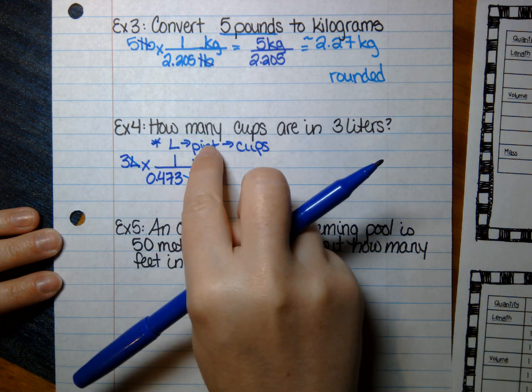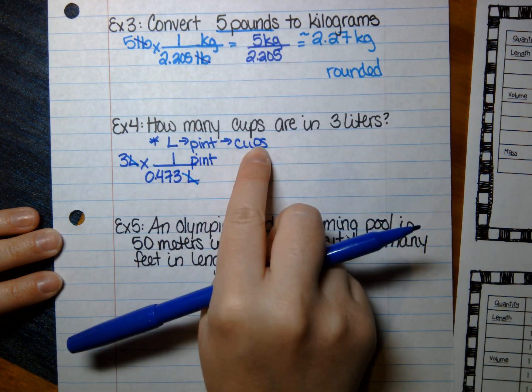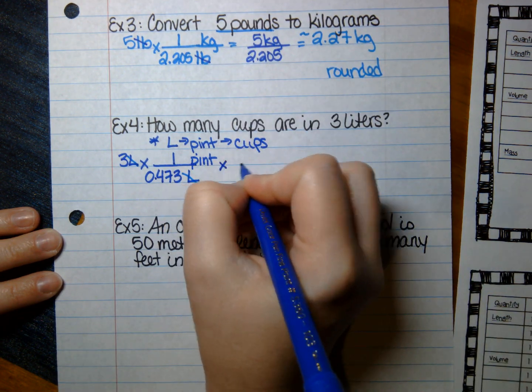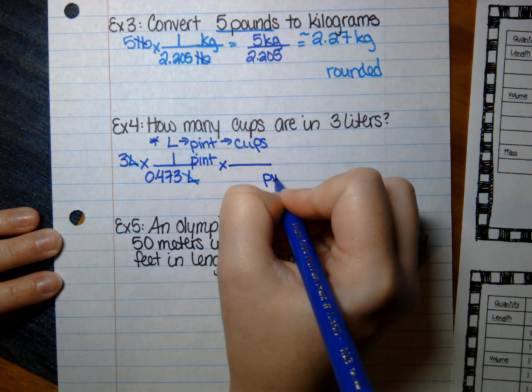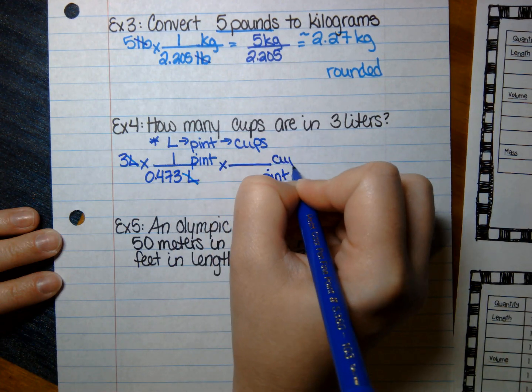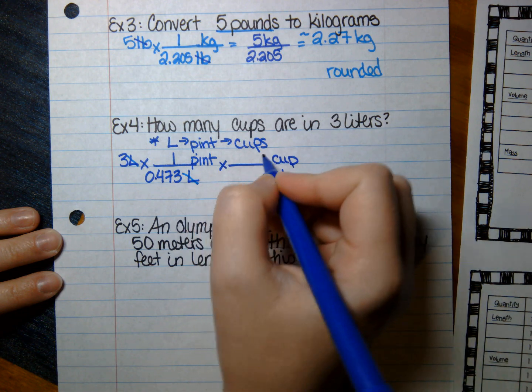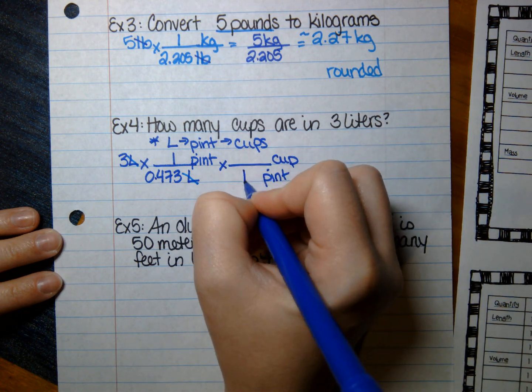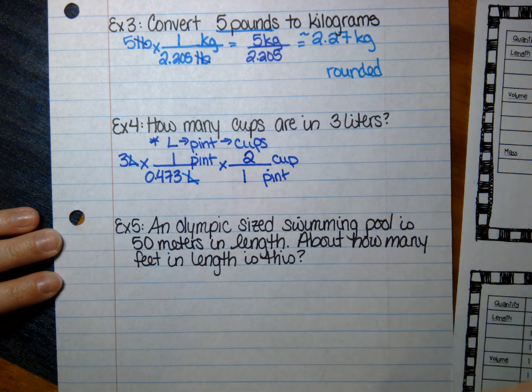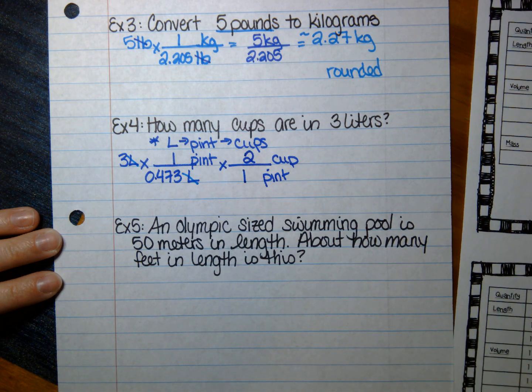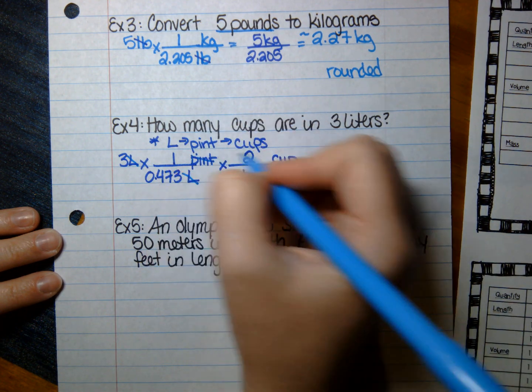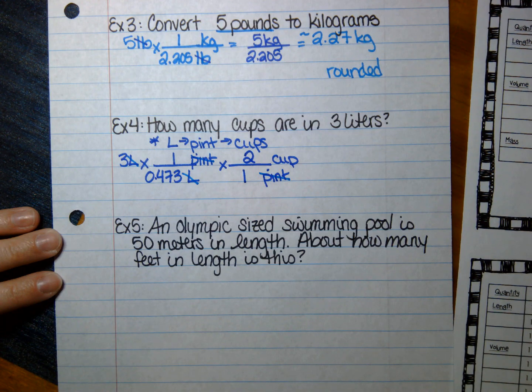So now I have pints, and I want to go to cups. So again, pint on the bottom, cups on top. So for 1 pint, I have 2 cups, according to that chart. So when I cross them out,